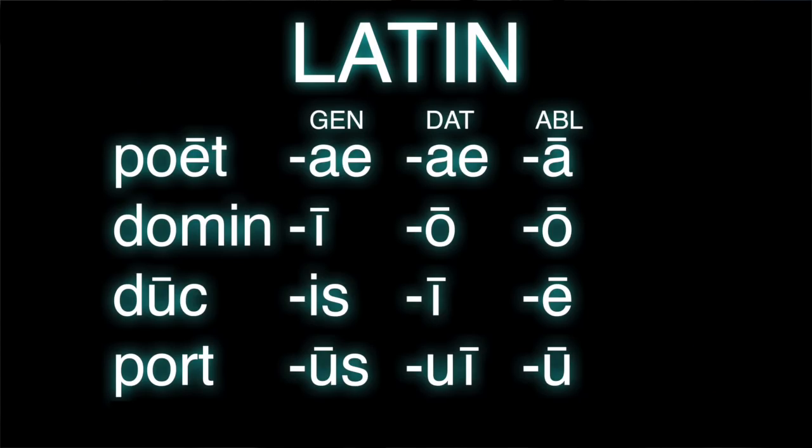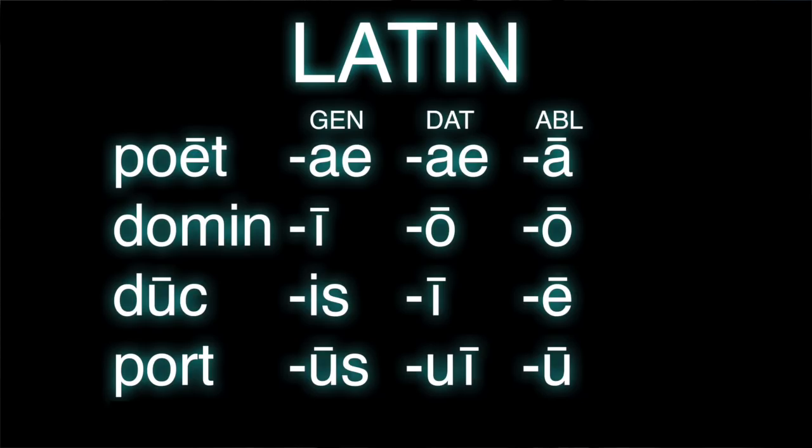Starting with poeta, you have poetae for the genitive, which also works for the dative. And then there's a separate form for the ablative, poeta, with a long a at the end. For dominus, you have something different. You have a unique genitive form, but then the same dative and ablative form. So with the first declension, you have one type of chunking, and then with this next declension, I think that's declension 3, you have another type of chunking. No, that's declension 2. Whatever, I don't know. I don't speak Latin. It doesn't matter. Trust me, you can check it on Wikipedia. It's correct. All right. Next, duces.